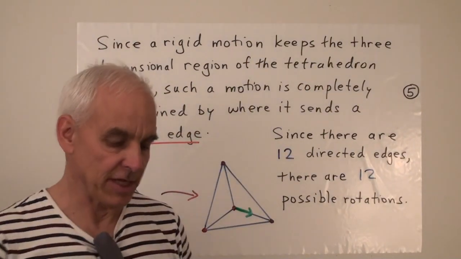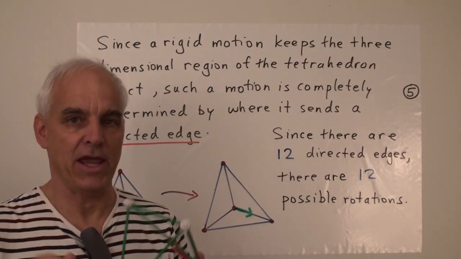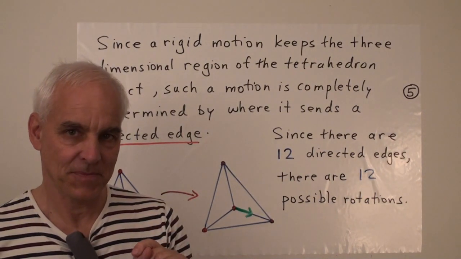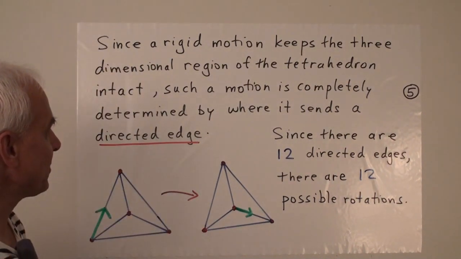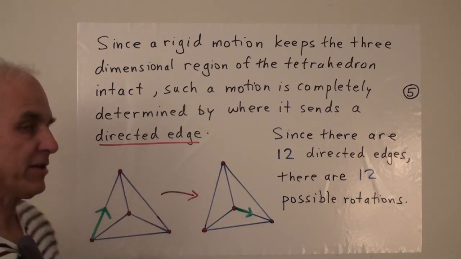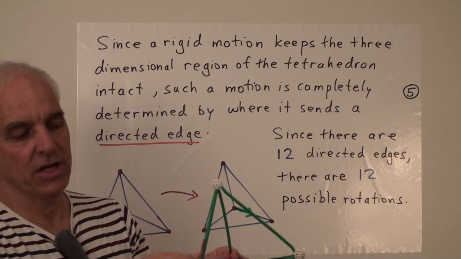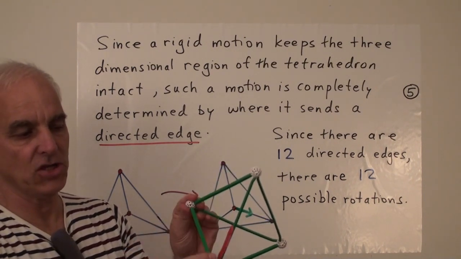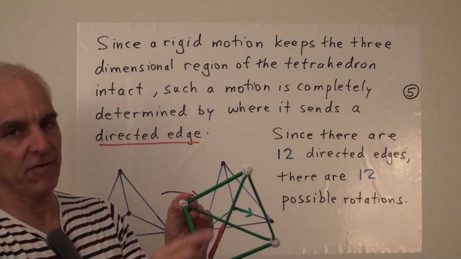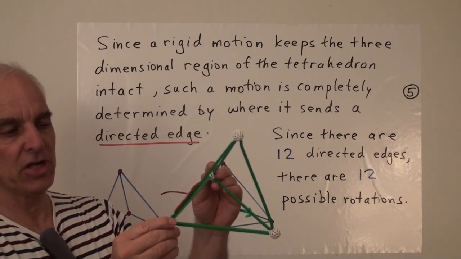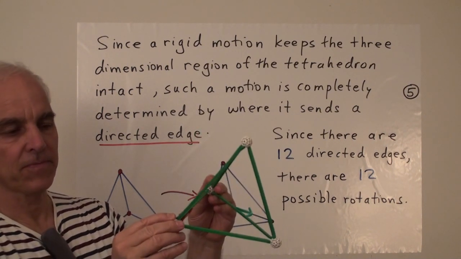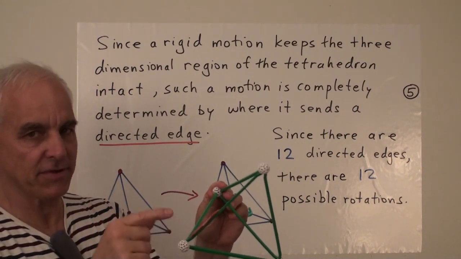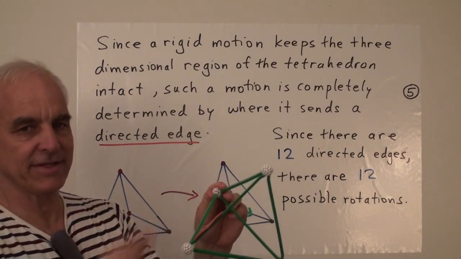Now it's very important to understand that there is a simple way of determining beforehand that we would have gotten 12 rigid motions. And that's by thinking about something called a directed edge. Now in this situation here, you see this little red arrow that I've put on this edge near this vertex here, emanating from this vertex. So if we start in this position here and we end up in this position here, the rigid motion is really determined by what's happened to that directed edge, what's happened to this little red arrow.